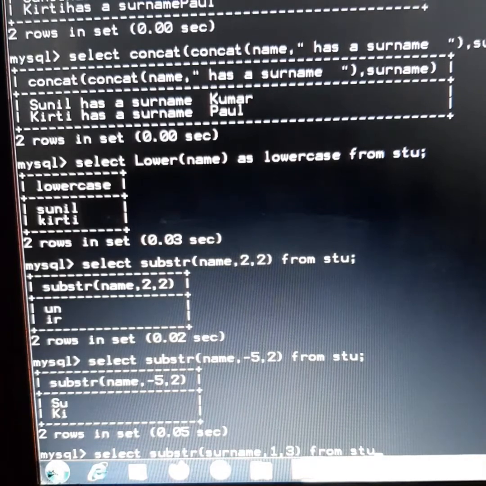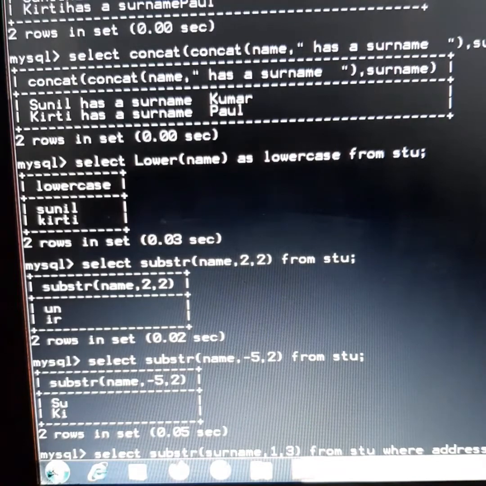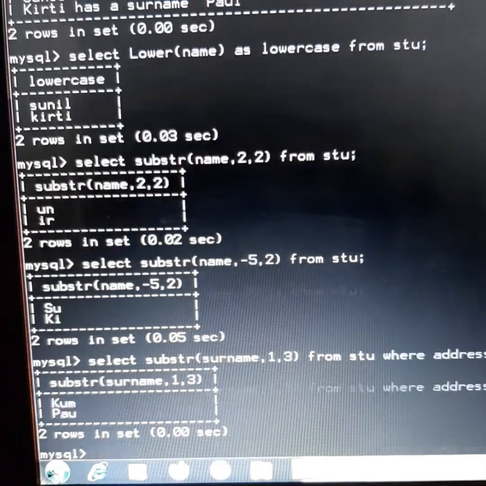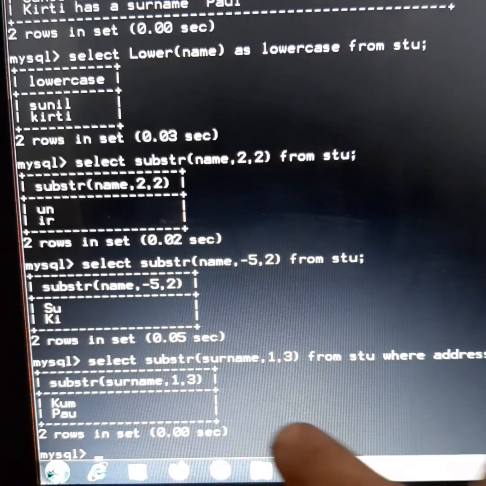And here we can write where address is equal to Lucknow. So starting from the first position, a total of 3 characters have been extracted from surname.